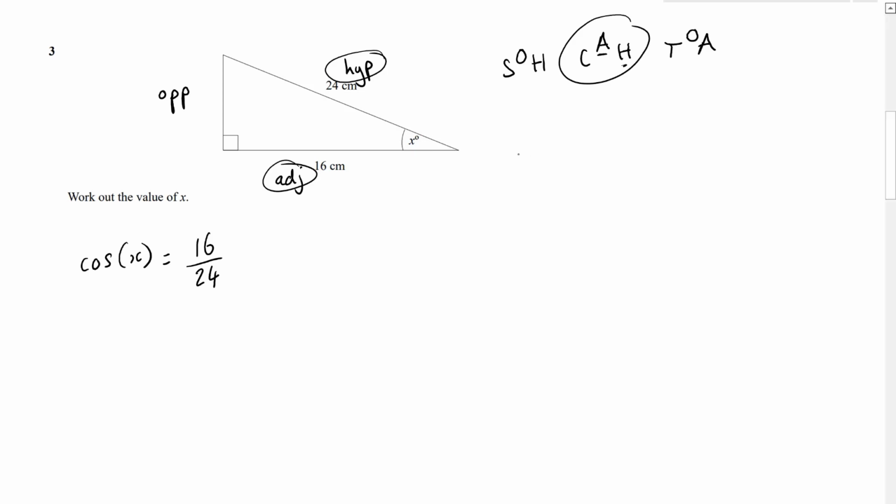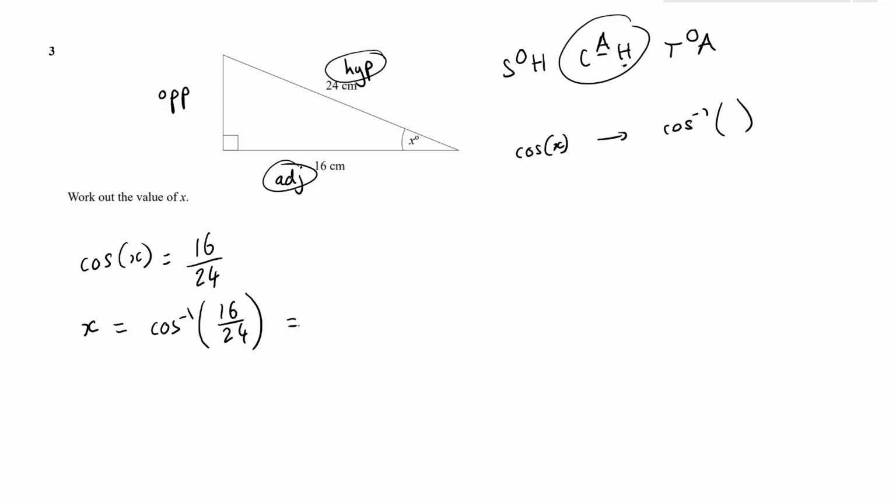And what we said in the video was that the opposite of a cos function, so if I had a cos of x, the opposite of that would be cos to the minus 1 of whatever's on the other side. So I'm going to move the cos across and say that x is therefore equal to cos to the minus 1, or inverse cos, of 16 over 24. Okay? And then from there, you can just throw that into your calculator by saying shift cos is going to give you the inverse, then 16 over 24, and you should get an